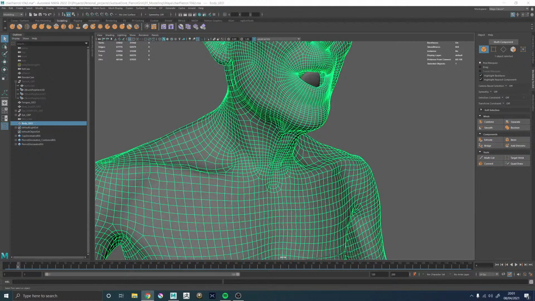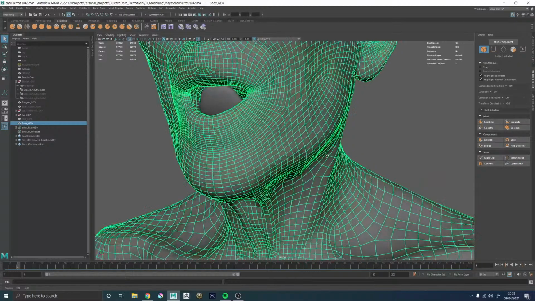So let me just do 4096 multiplied by 4096. Okay, so a 4K map contains what, 16.8 million. So let's multiply that by 6 UDIMs. That's a billion. No, 100 million. Yeah, I was way off. Why did I think that was a billion? 100 million. So, assuming we're completely filling every pixel, we can have 100 million polygons. Okay. Which obviously we're not going to do. But,